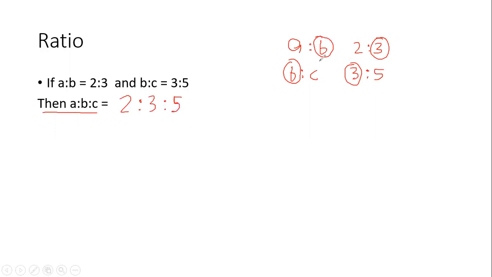So you just have to look for a variable that is common. So this is a common variable here. And if the value of the common variable is the same, I can directly compare the ratio, that is 2:3:5. So it does not trouble me. I hope it is clear. But what will happen if the variable that is common does not have the same value? So let's try to take a couple of examples for that also.